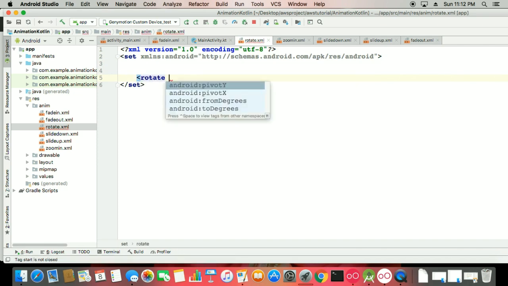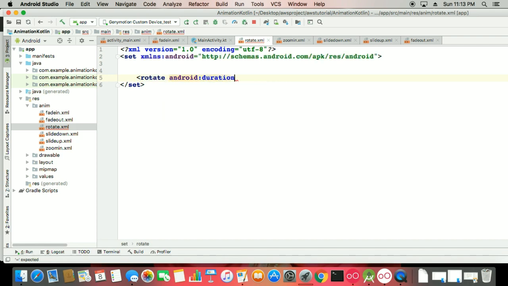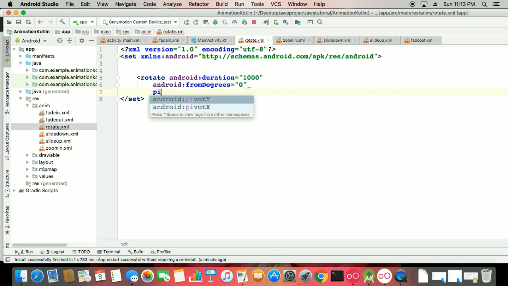Here the same thing we have to apply, and write duration, this is 1000, and from degrees I want to start from 0 degree, and your pivot x is your 50%,